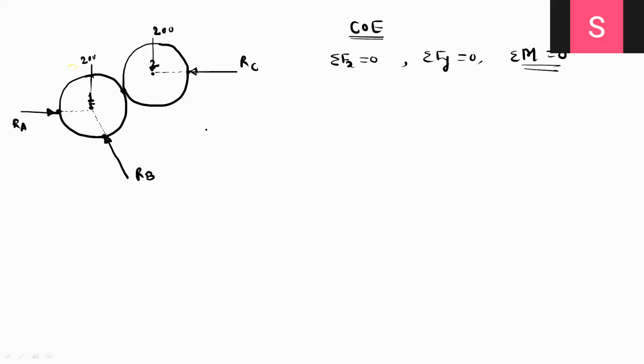Okay. Because the given system is not a concurrent force system, if you consider the total free body diagram. Okay. If you consider only the point 1, then it is a concurrent force system. But if you consider the total free body diagram, then it is not a concurrent force system. So it is a general force system. So we can use this condition, summation of moment 0. Okay. So now we have to decide about which point we can use the summation of moment 0. So generally we take the moment about a point where we can cancel out the maximum unknowns. Okay. So if you take the moment about this point, that is point 1, then we can cancel out the reaction RA and reaction RB. We can directly get the value of reaction RC.